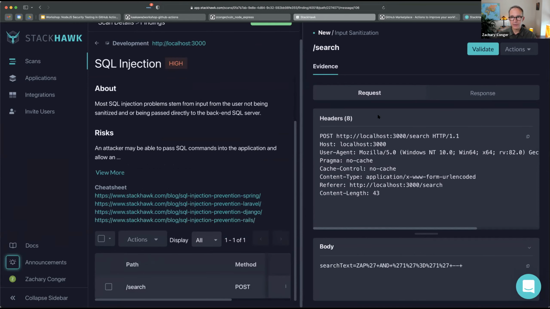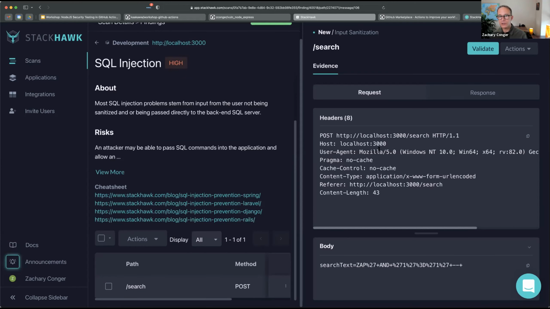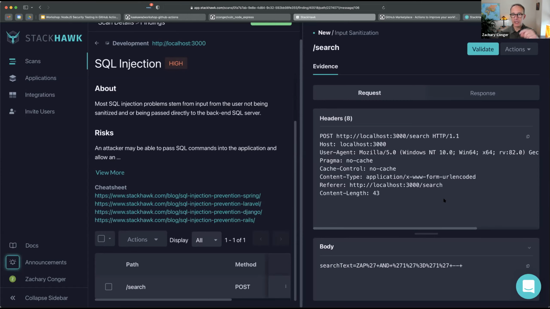Over on the right pane, we've got request details. So it shows us as much information as possible about the probe that it launched against your application. So it made a request to your application, it posted to it. These are the headers that it submitted. And then this is the body that it tried to send in. And it tried to send in a little bit of, actually, I'm not sure what this is trying to accomplish. But then the response that it got was,